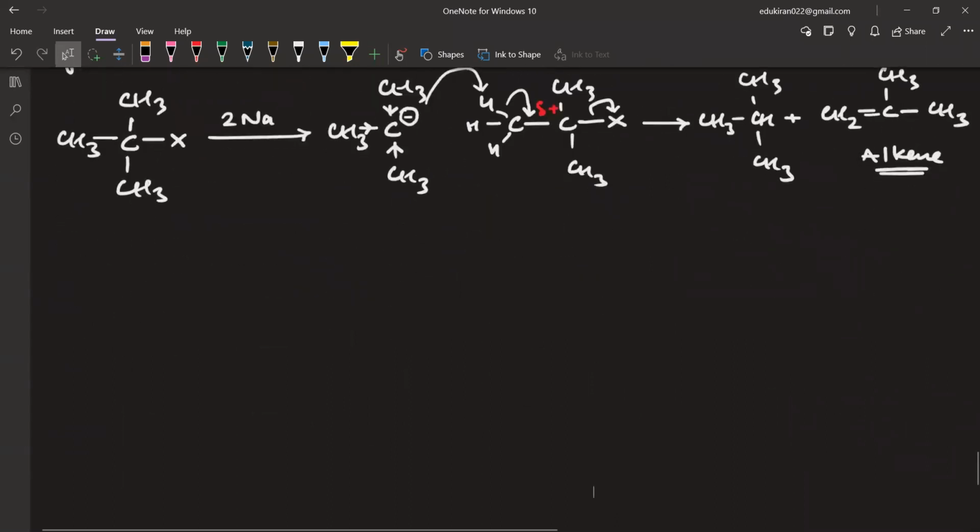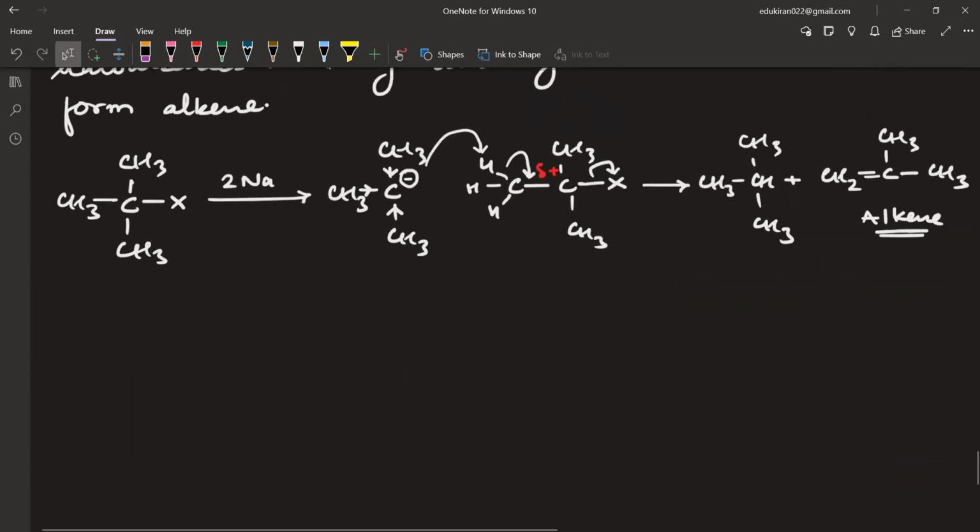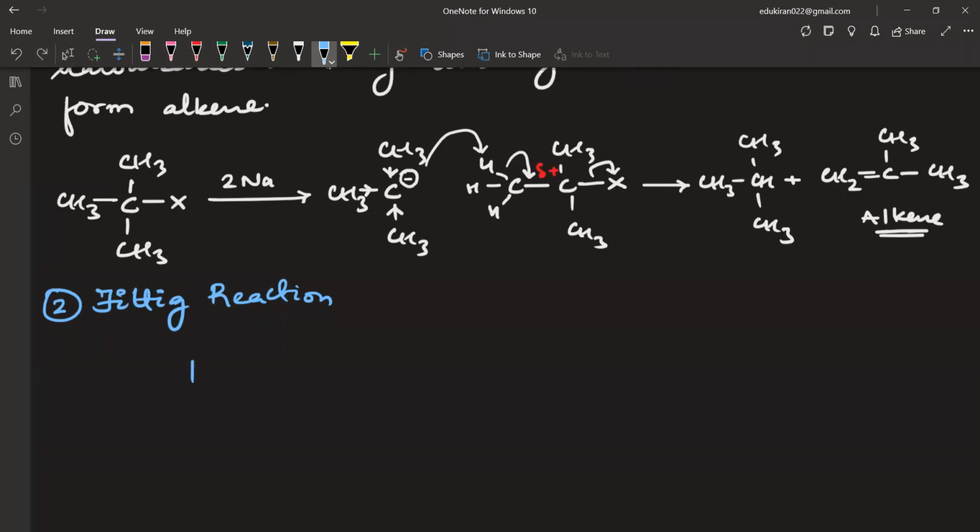Now the rest two reactions, we will not write much because they are completely same as Wurtz reaction. Just the reactants are changing. So you will write Wurtz-Fittig reaction. And you have already seen it. Now, in place of haloalkanes, we will have haloarenes here. And if you have same haloarenes,